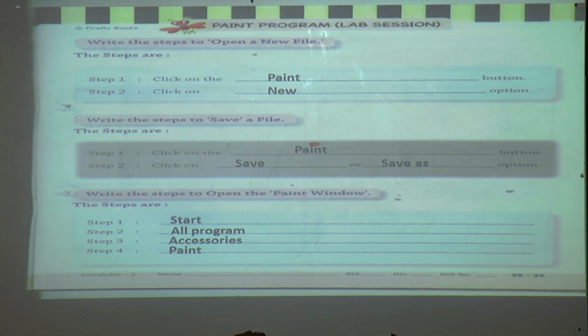It is a lab activity: to draw a triangle, a circle, welcome, scenery, fruit, different shapes. That is given as homework or lab activity. It is the lab section, you can see the upper side.